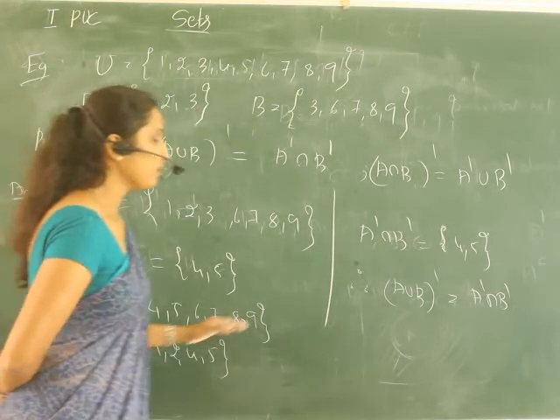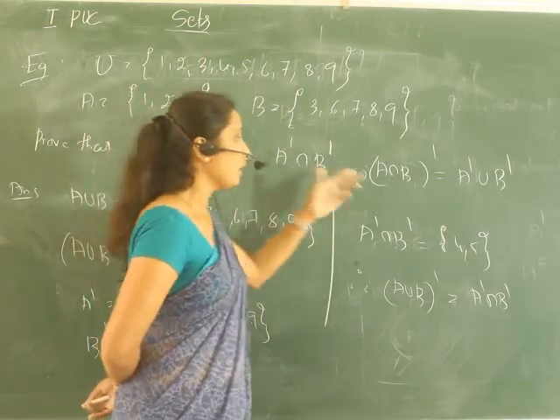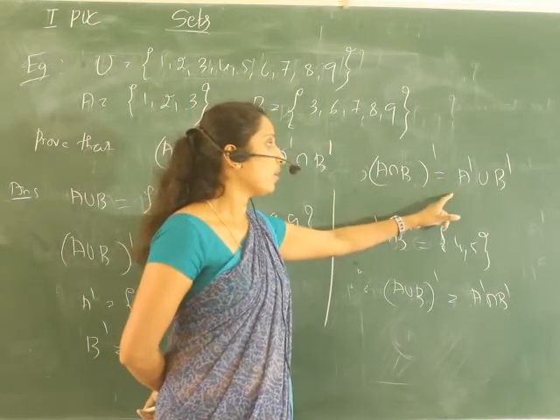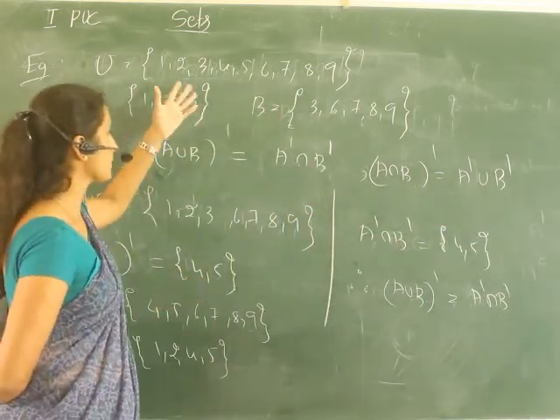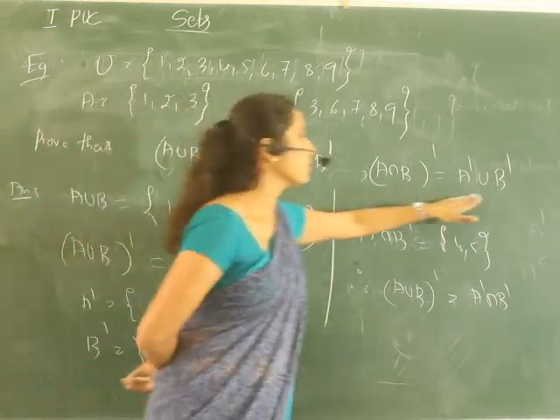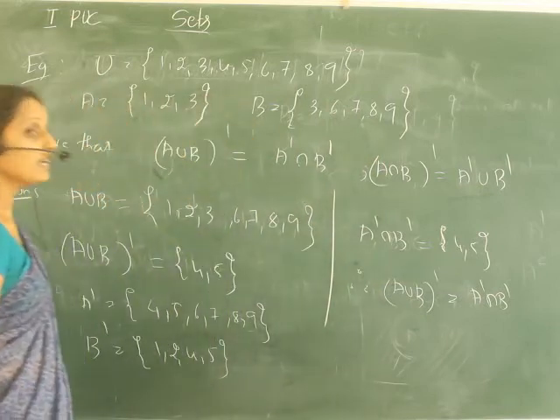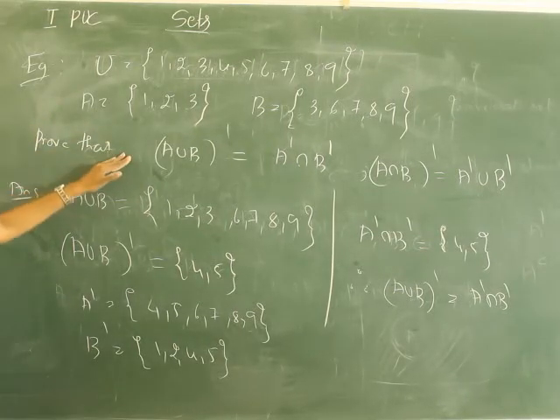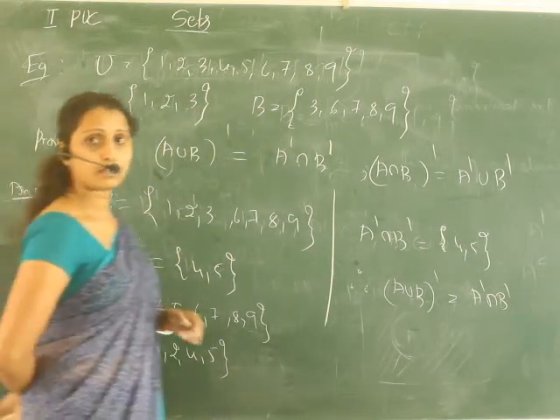So this is a very important theorem, one of the properties in terms of union. If I go for intersection, A intersection B whole complement is equal to A complement union B complement. This one you calculate yourself by taking U, A and B as the example. First one I have simplified. These two are very important theorems called De Morgan's theorem, one of the properties of union, intersection and complement. The first one I have calculated; the second one you calculate. That is one more homework. Thank you.